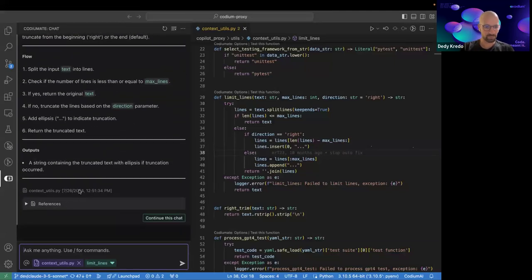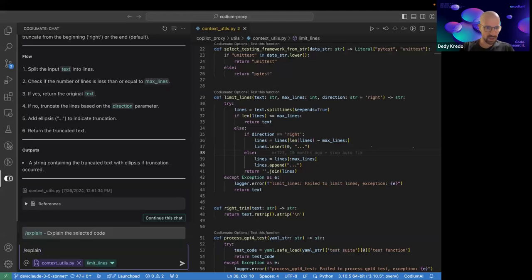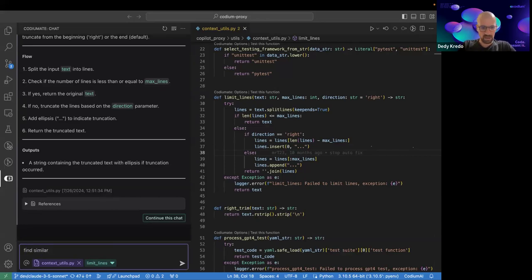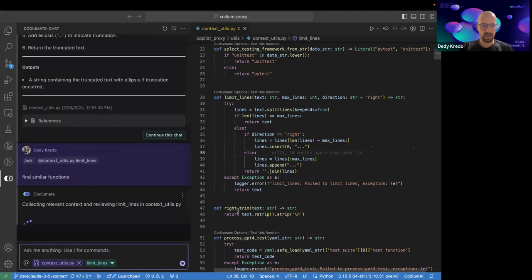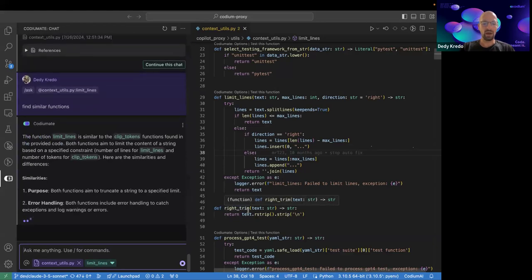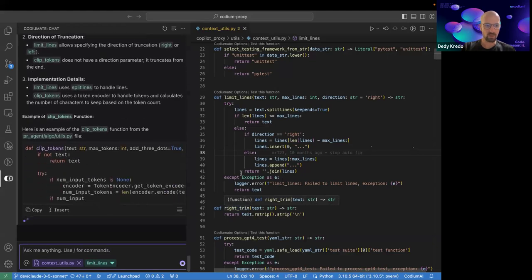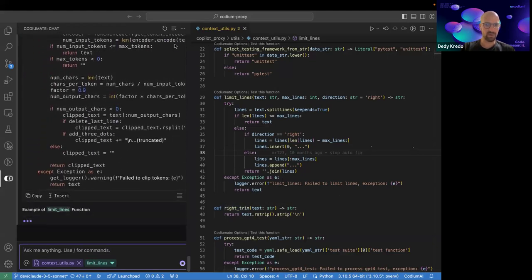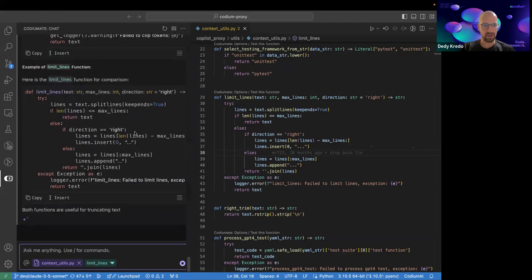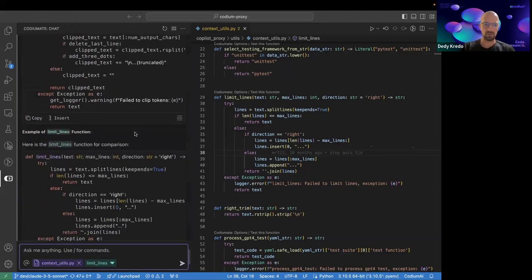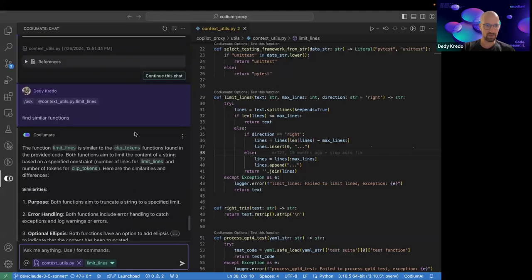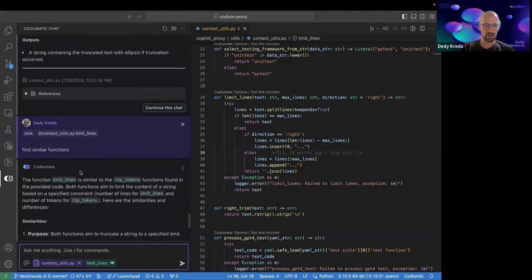Okay, quite simple. So now I'm going to do something like this. I'm going to say, hey, find similar functions. This environment is already connected to our various repos that are pre-indexed. So when I ask this question, the model now does a vector search. It converted my query, find similar functions, and